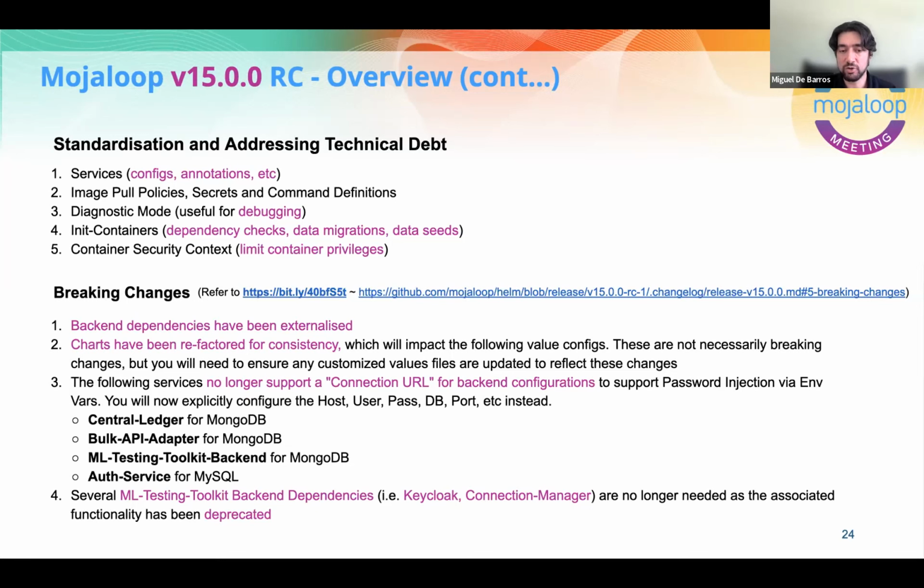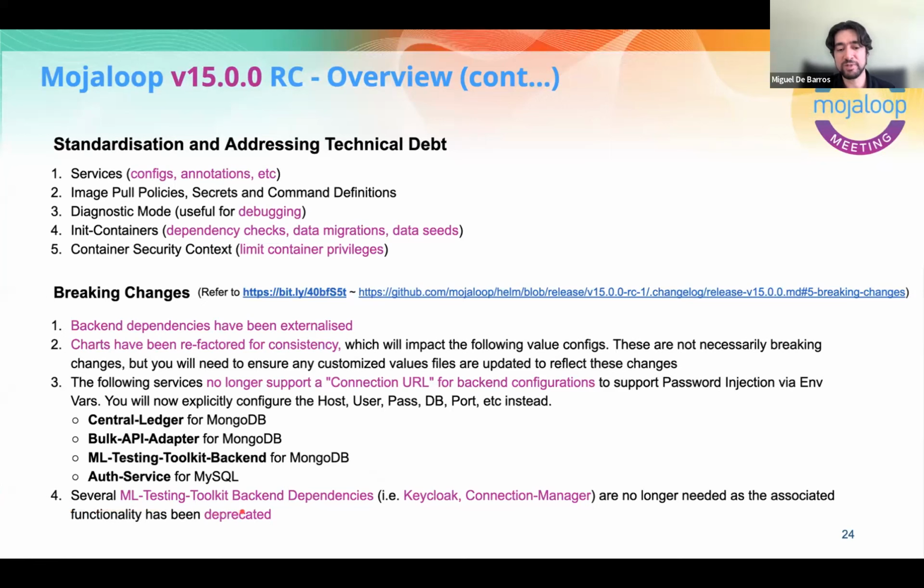And you need to do this in Kubernetes because that's how you inject passwords using secrets, through that environmental variable mechanism. So we've done some updates to Central Ledger, Bulk API, ML Testing Toolkit, and all service to support those things. So how you used to set those backend dependency host names, usernames, passwords, etc., you will need to be aware of that and change those accordingly.